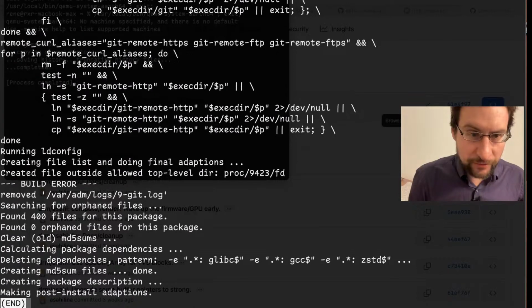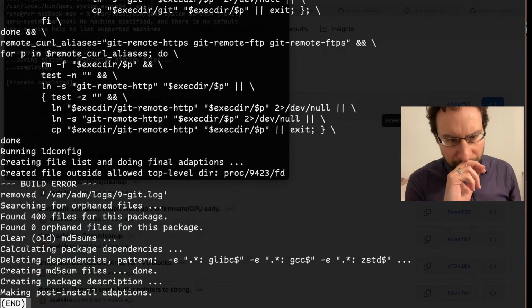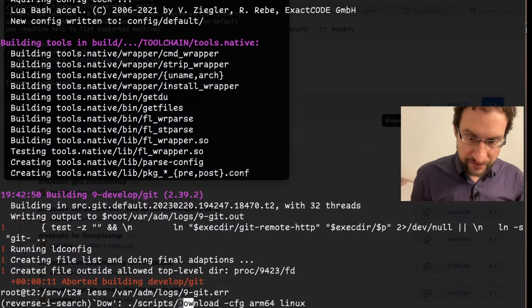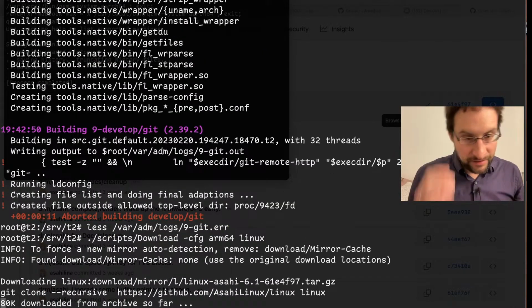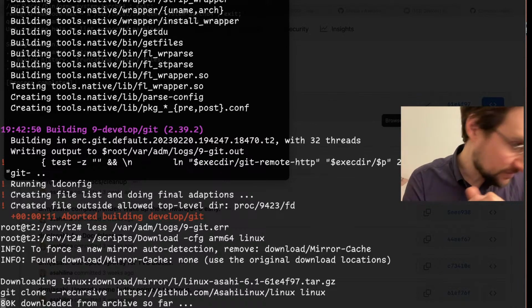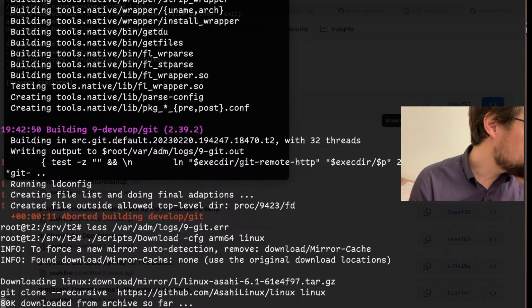Not even Git building anymore out of the box. What's going on here? So this is somehow new. How the heck does that happen? I had this also in the kernel build. That is super silly. I mean, this must be some kernel change. Probably because it only started to happen today. Yeah, the only constant is change. There is upstream a new version, which I should probably pull in. But yeah, testing this 6.3 on